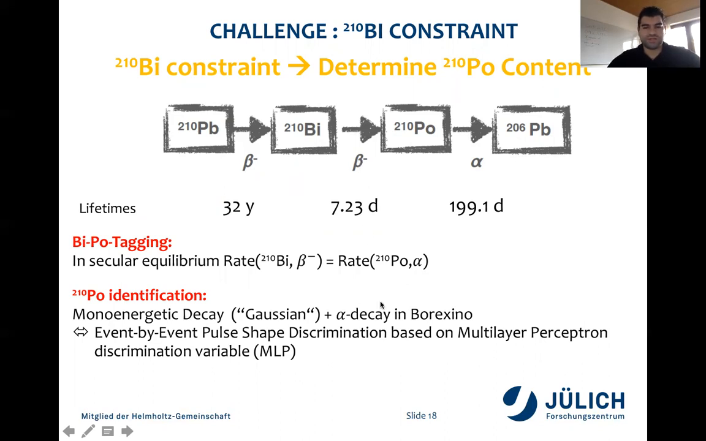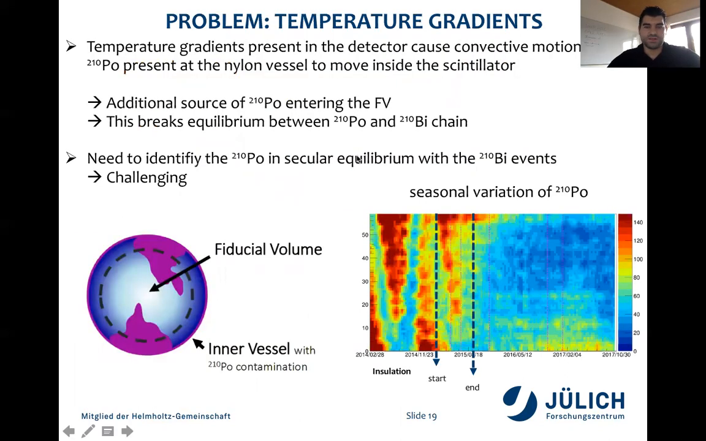And on the other side, polonium-210 alphas are monoenergetic, and in Borexino we have an event-by-event pulse shape discrimination technique based on a multi-layer perceptron discrimination variable. So however,